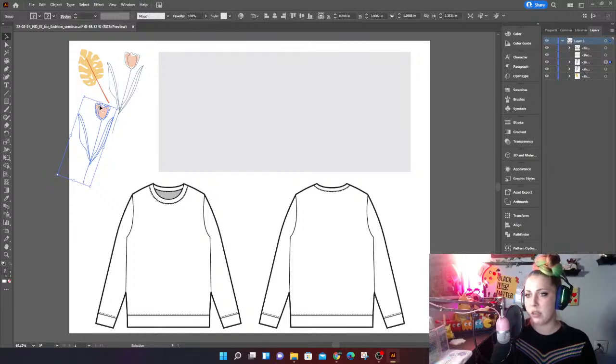So what I want to do with this, it's a rose, I think. Tulip, maybe? I'm not a flower person, so bear with me. But we're going to rotate it so that it's facing downwards instead of upwards, okay? In order to rotate your shape, you're just going to move your cursor a little bit further away from one of the corners, and you're going to notice that your cursor changes to an opposing arrow that's sort of curved. Once you see that icon, you can click and drag in whatever direction you